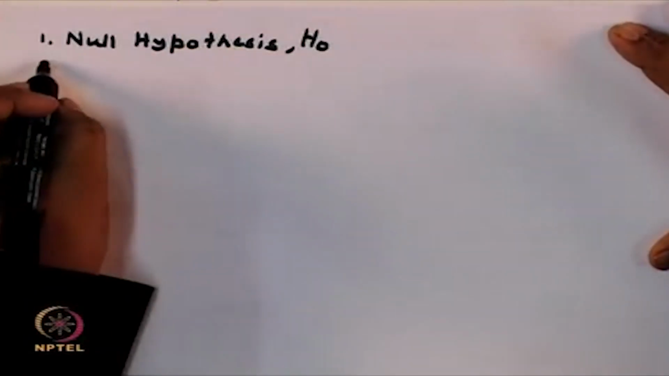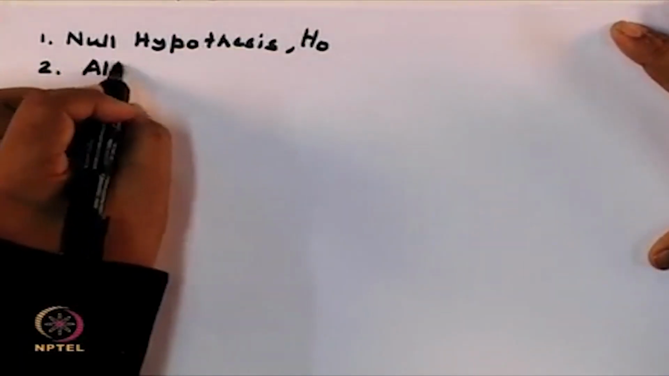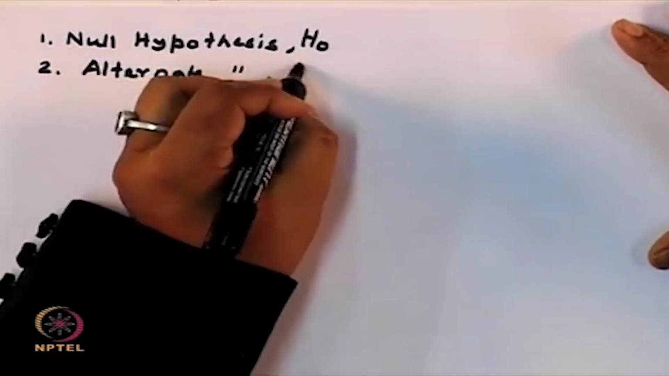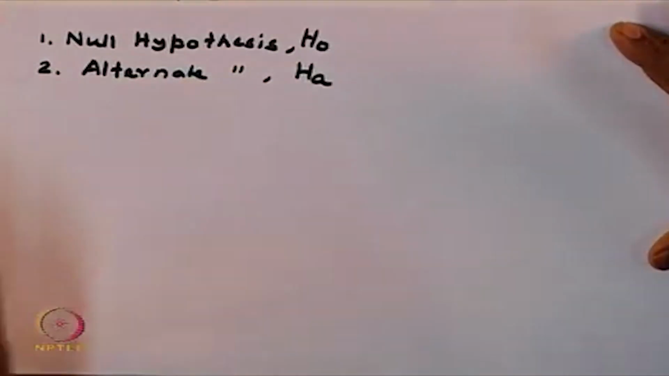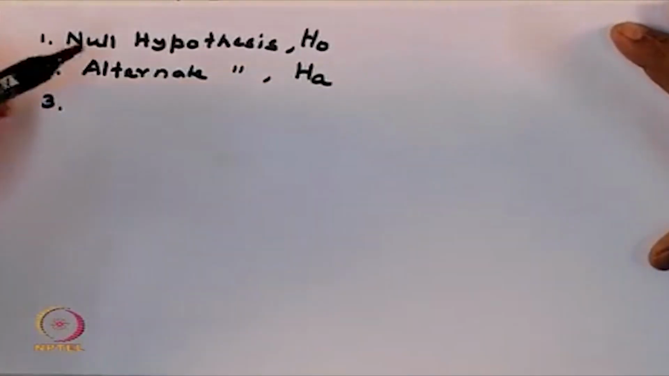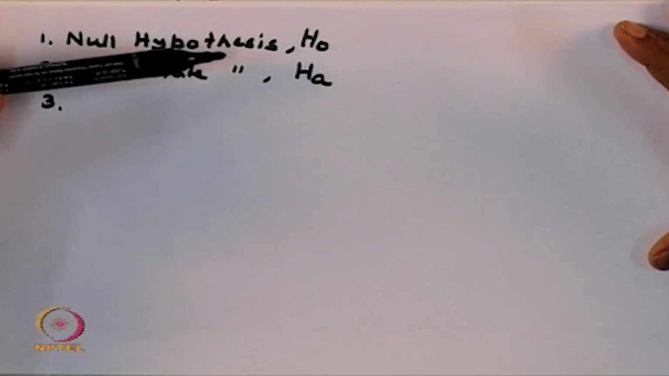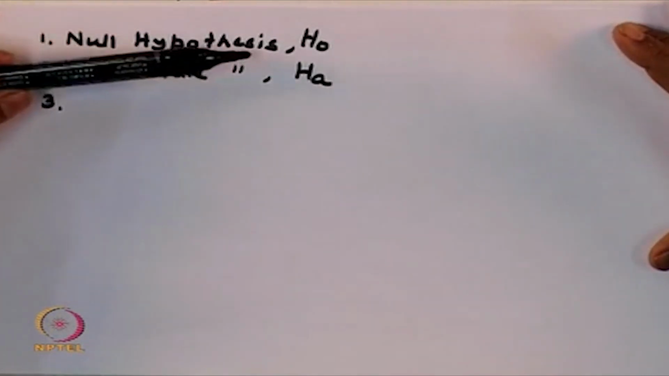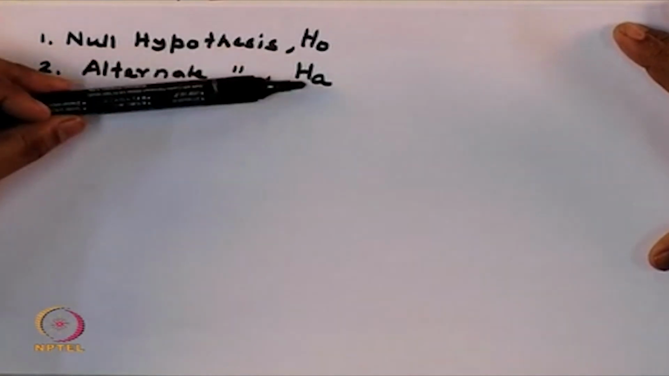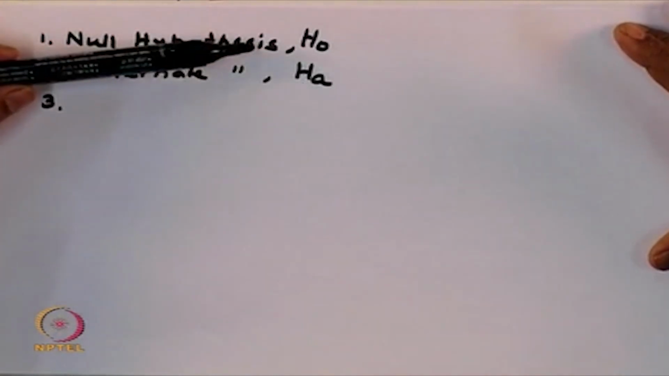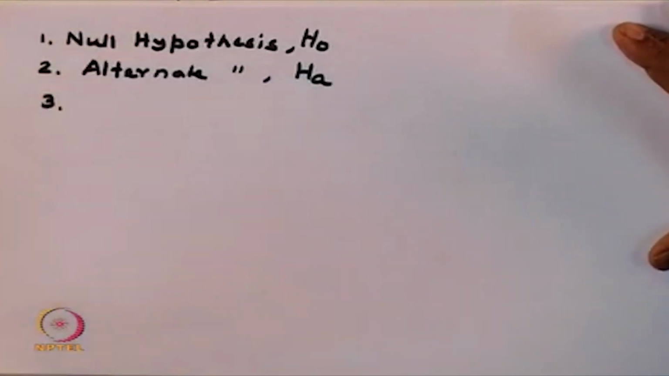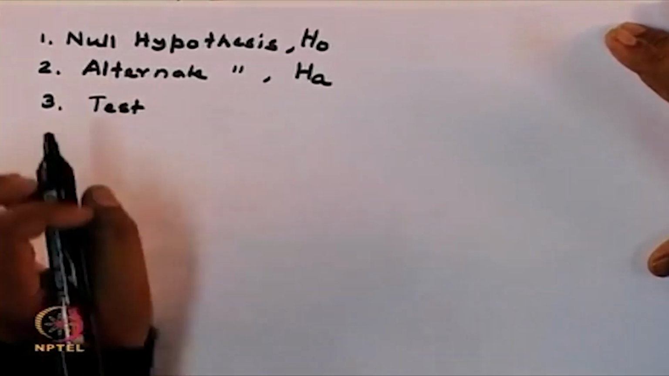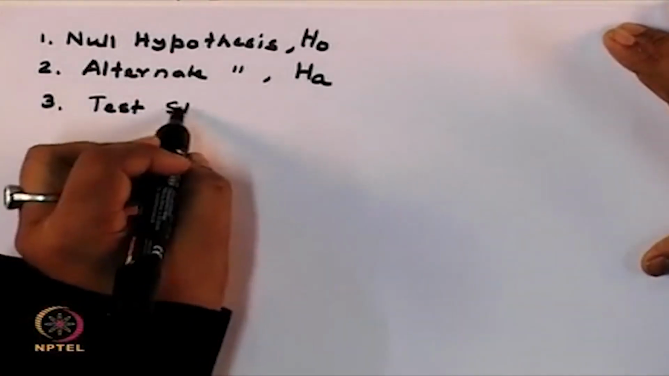Okay. Second one is the alternate hypothesis. It is referred to as HA. You make these decisions as to either your null hypothesis is true or the alternate hypothesis is true. Okay. So, you either accept the null hypothesis and reject the alternate hypothesis, or you reject the null hypothesis and accept the alternate. So, based on this you decide based on some test statistic,